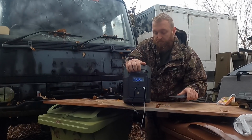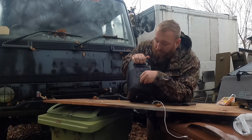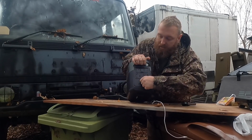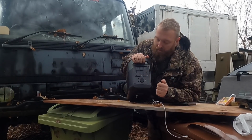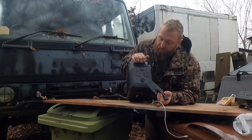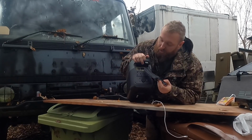Rear of the unit, you've got your high power section. So you've got your 12 volt cigarette style lighter, old school, nice tight fit. Get that bung out there, there you go. You've also got two 230 volt outlets. Okay, that's your mains. You've got a lift up panel here where you've got your charger to charge in from the mains,